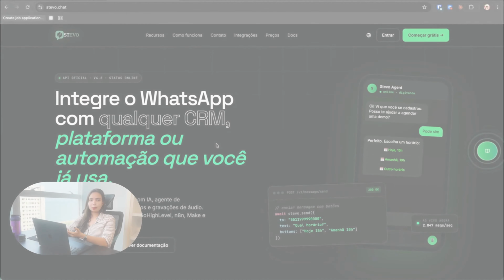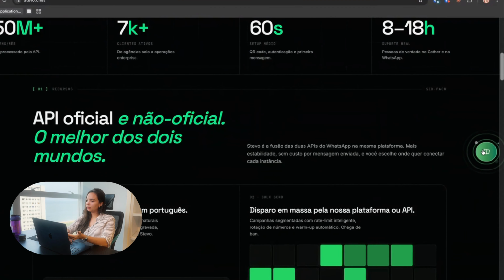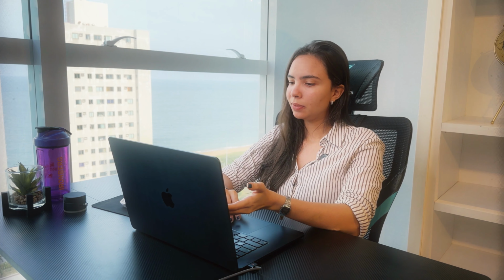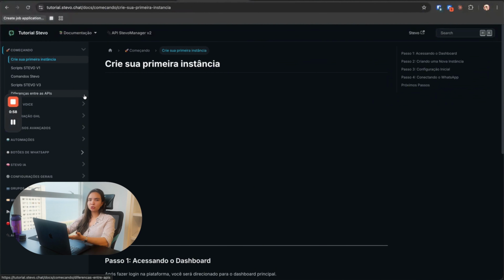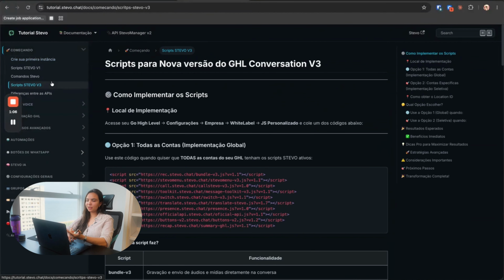So let's get started. When you enter our landing page, right there on estevam.chat, there's a little toggle jumping on the right side which takes you straight to our tutorials. And here you can follow everything about our tool, how to install the scripts, what the difference is between one script and another. However, a lot of people still have questions, so our goal is to bring you more videos and explanations both on YouTube, in the tutorials, and in the community, so you can have a better understanding, okay? So let's get to it.